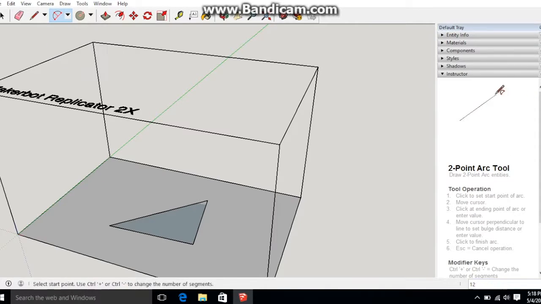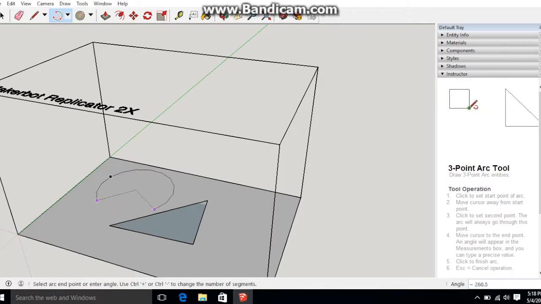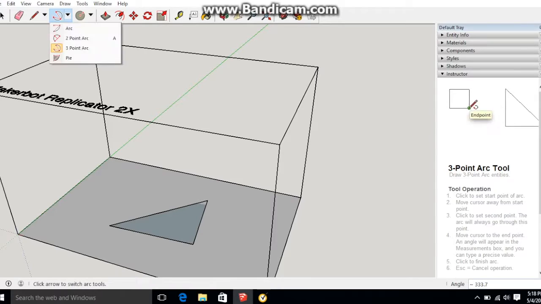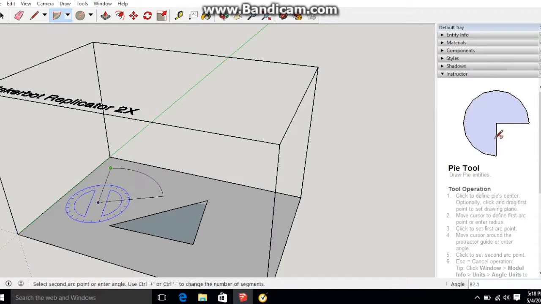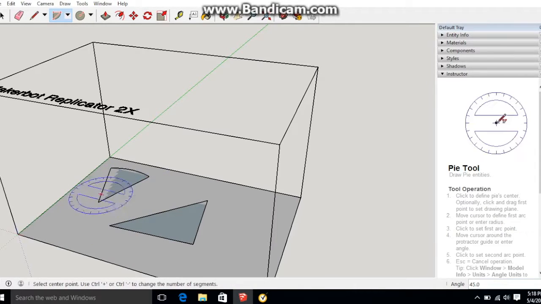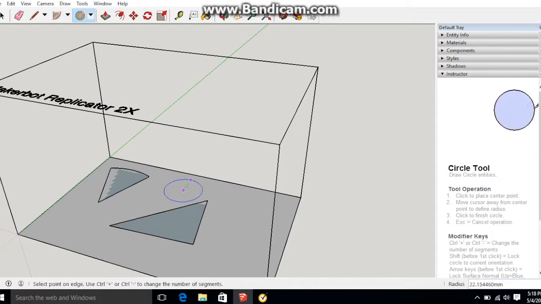Now we can even go farther and even make a 3-point arc, which you hit here, here, and it'll make some cool shapes too, like that. And a pie, which you can go like this, hit here, and it'll drag to make like a pie, which you'd expect right there. You can even go to shapes, which make circles like this, or